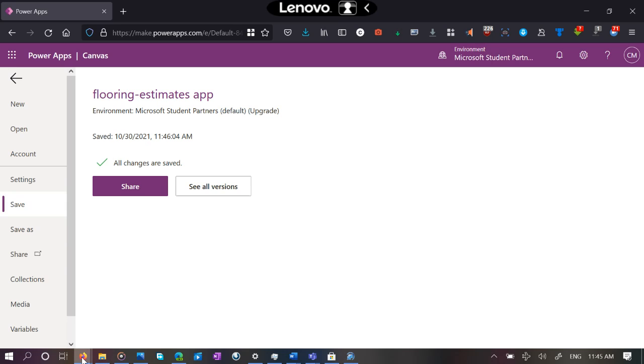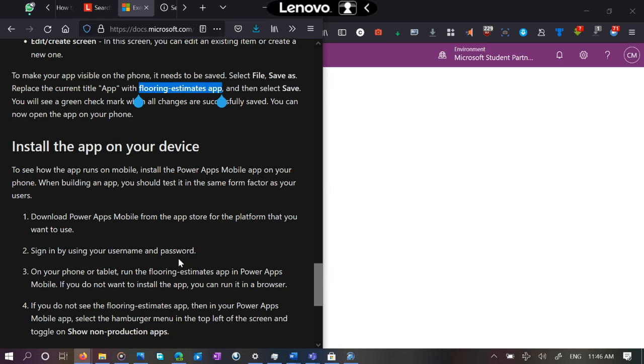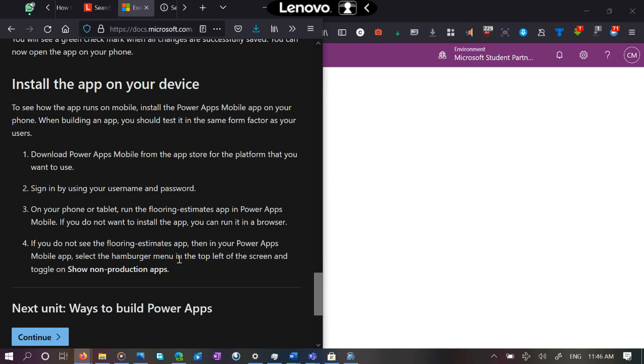Now the next step, you can actually share this, and I believe this will be sharing a link to the app and how you can access it. But let's just go with the next step that's highlighted here, which is download the Power Apps mobile app from your app store for the platform that you want to use. Sign in by using your username and password, and on your phone or tablet, run the Flooring Estimates app in Power Apps mobile.